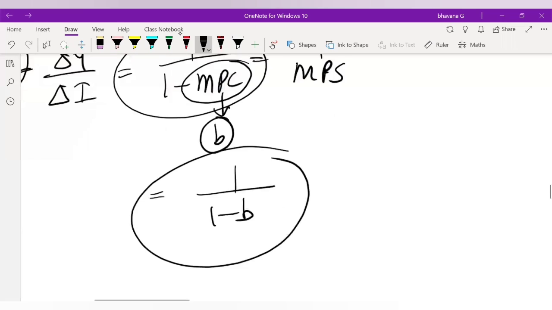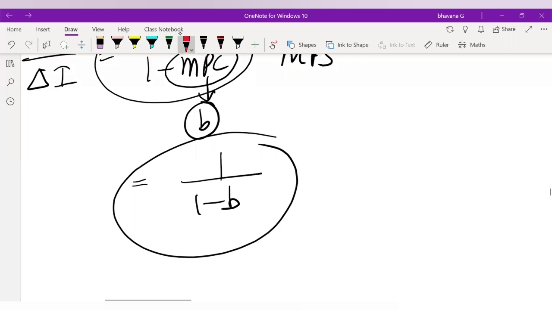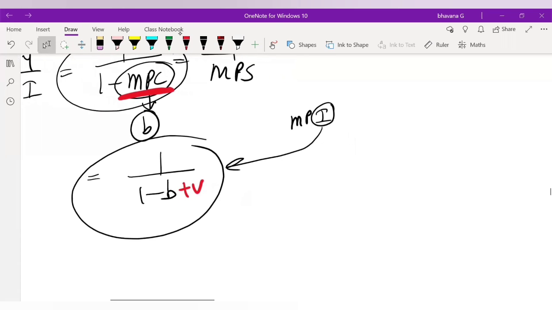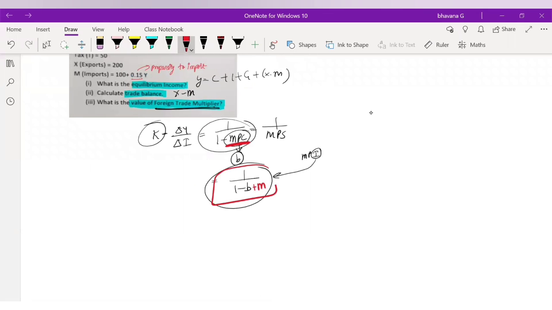Here, for foreign trade multiplier, you will add an element that is known as your propensity to import. Here, how you have a marginal propensity to consume, the same way you have something known as marginal propensity to import also. So this element you have to add here. So how will you add this? You will do plus M. Actually, in our book, it is given using V. It is plus V. They have shown this marginal propensity to import using V. But for our easiness, we'll take it as M only. Okay. Because for imports, we have only seen the letter M for it. So now it will be easy for you to learn. So it will be plus M. So this is the formula for foreign trade multiplier.